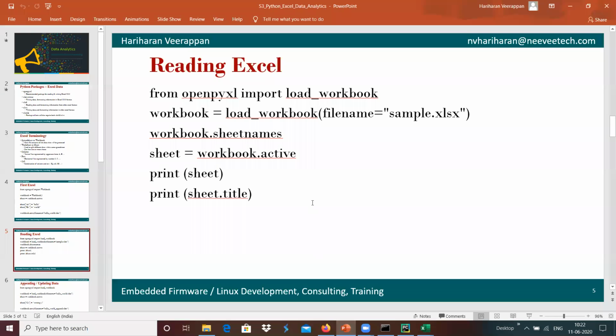In order to read, we have the function called load_workbook, which loads the filename into the workbook format of OpenPyXL.